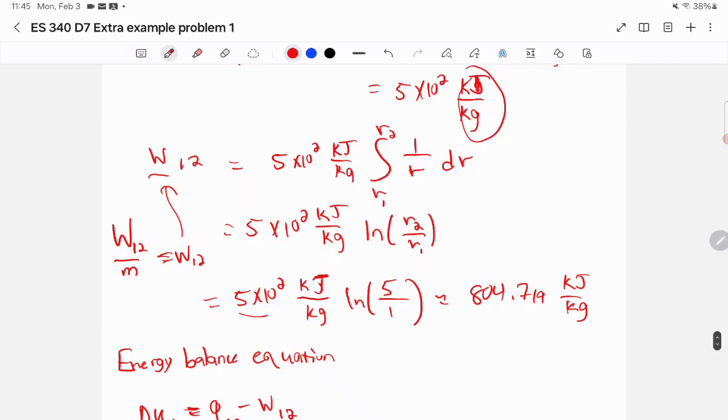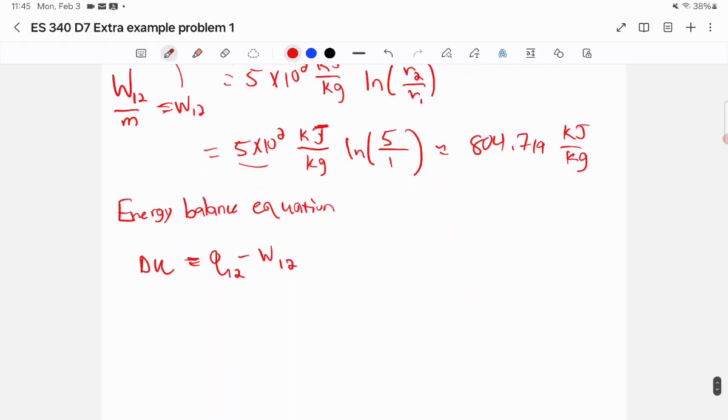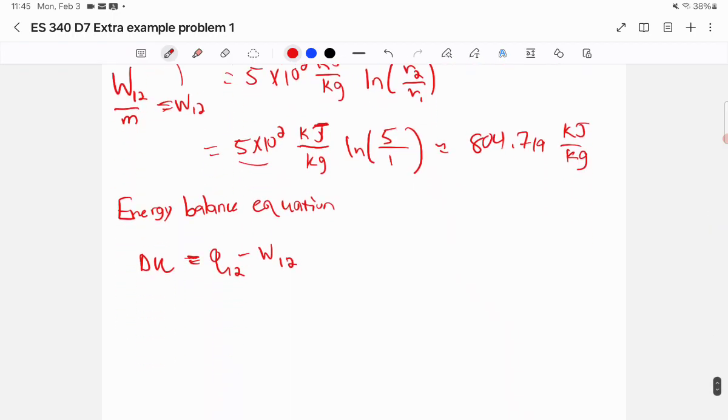Here I'm working with the specific work, so it's just going to be easier if everything is in terms of the specific quantities. And so for this problem, we should figure out what the change in internal energy was,